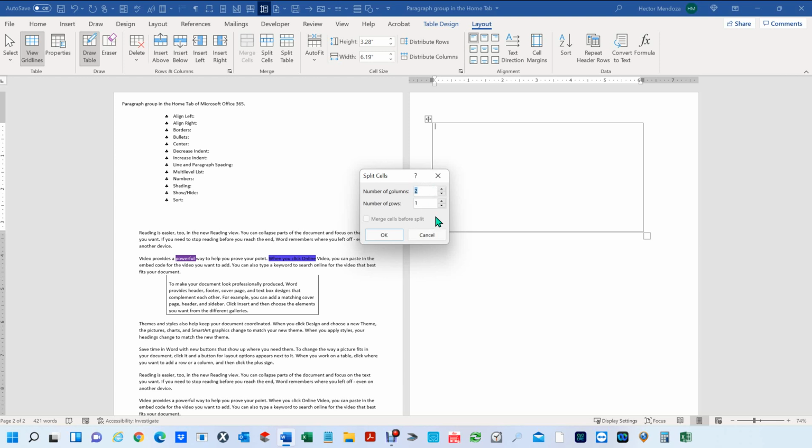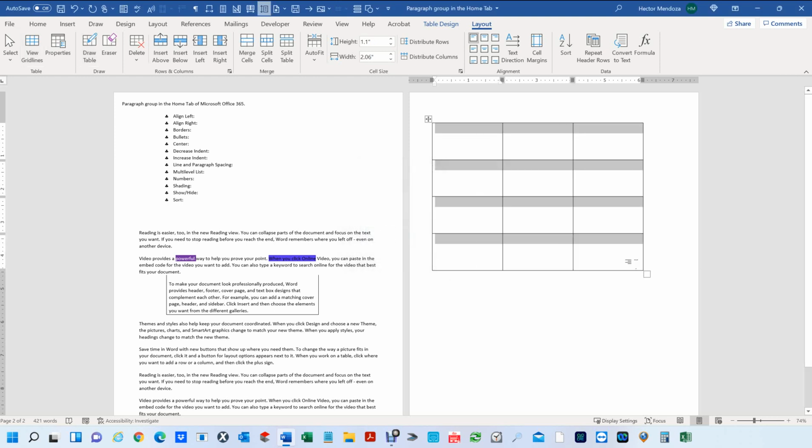Okay, so number of columns. So we said 3, and number of rows 4. Hit OK. Oh, there it is. Yeah, I was right the first time. Anyway, now,